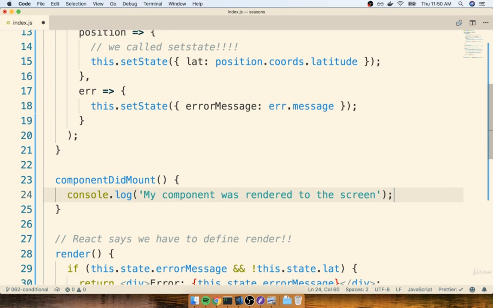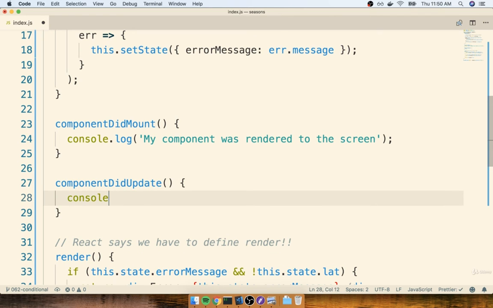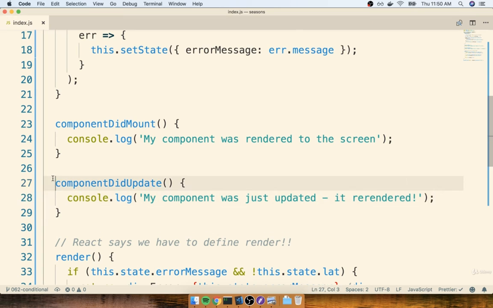And then underneath that, I'm going to define a second lifecycle method, componentDidUpdate. And I'll put a console log inside of here that says my component was just updated, it re-rendered. Oh, if I can spell it, re-rendered. There we go.